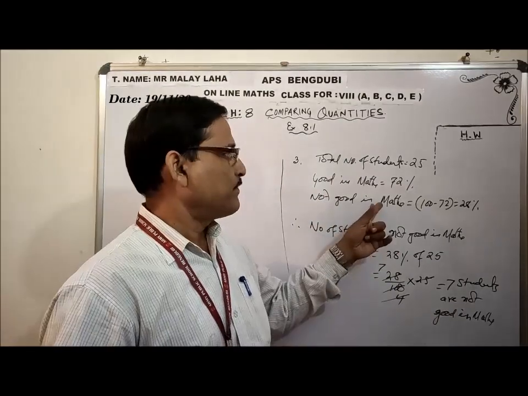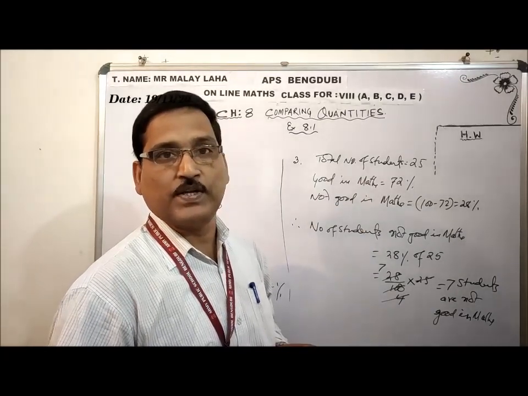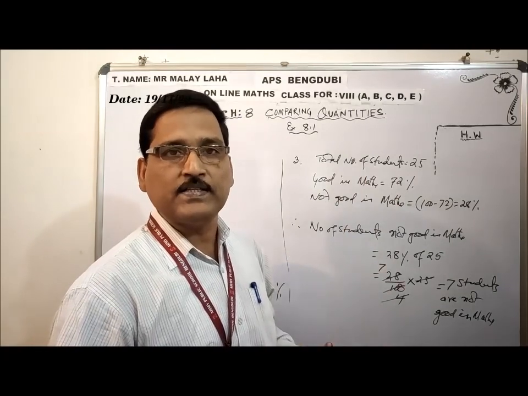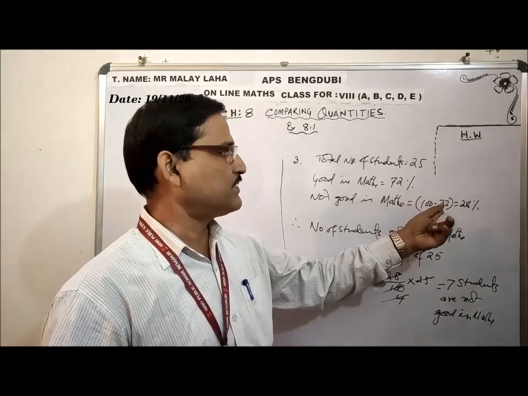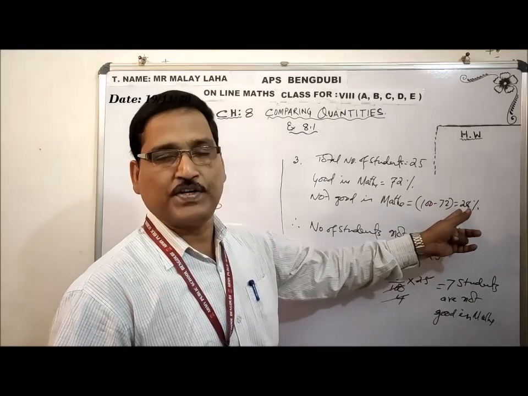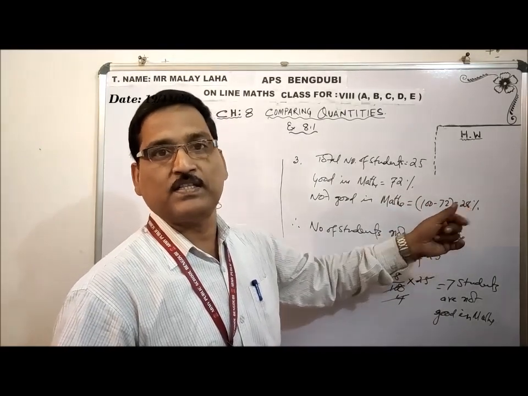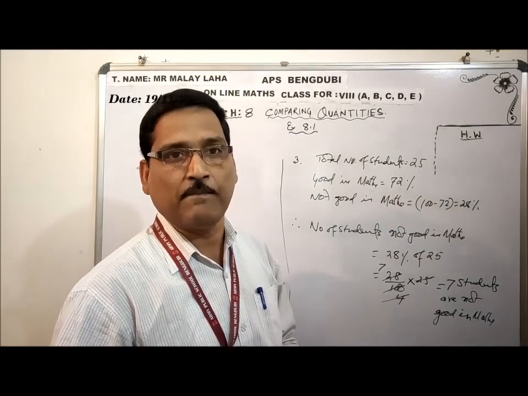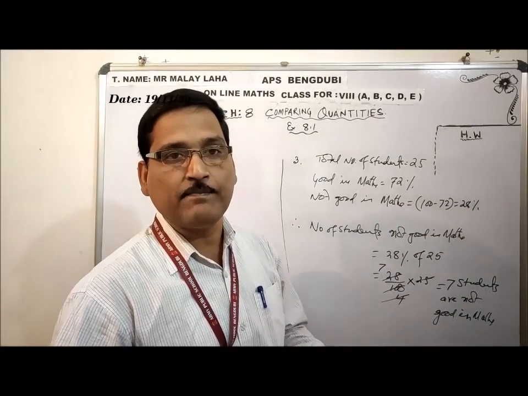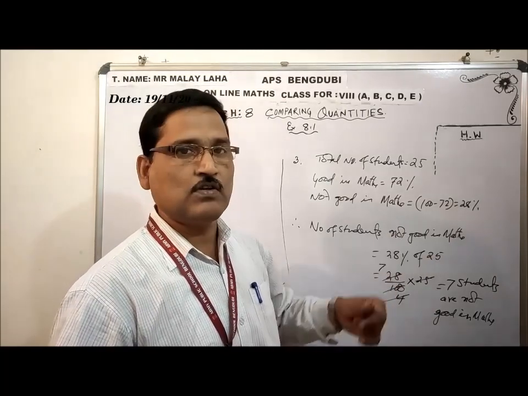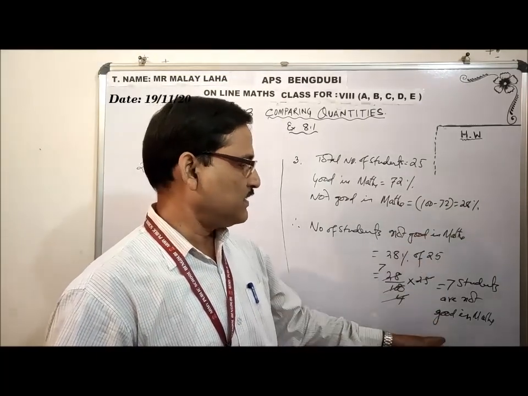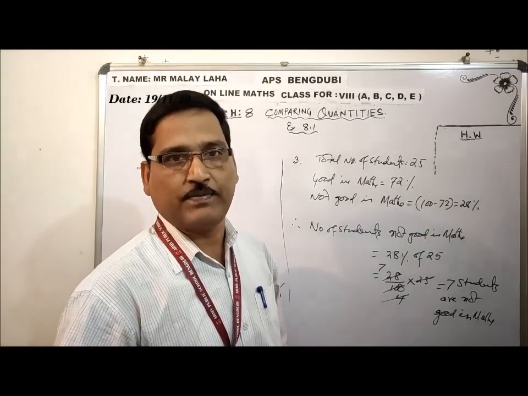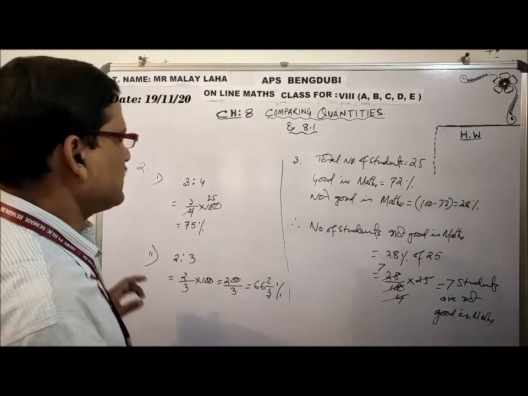Like you see, 72% students are good. Good percentage is 72. Not good percentage is what? Out of 100, 72 minus, you will get 28%. 28% is not good. Why am I finding it? Because they are asking you to find the not good number, so that percent I also find. You can find it this way. Or, since 72% is good, find out the value of 72. So I can do this question in another way also.